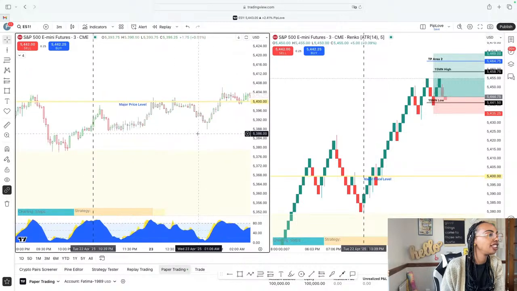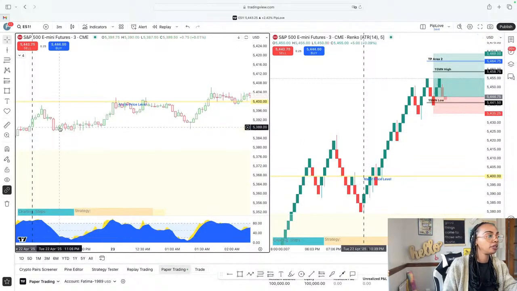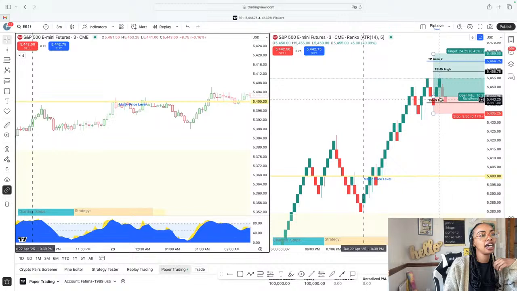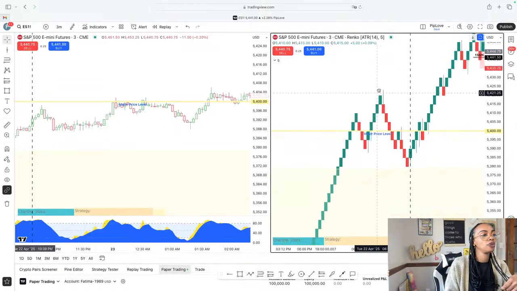Candles up, candles down, moving sideways. But what did our Renko charts tell us? Gave us that green printed block. Gave us another green printed block. It helps us to stay on the side of the trend. Now, when we see this sideways movement, remember New York open, news coming in, but typically we see some nice, good trends here and it helps us to stay on the right side of